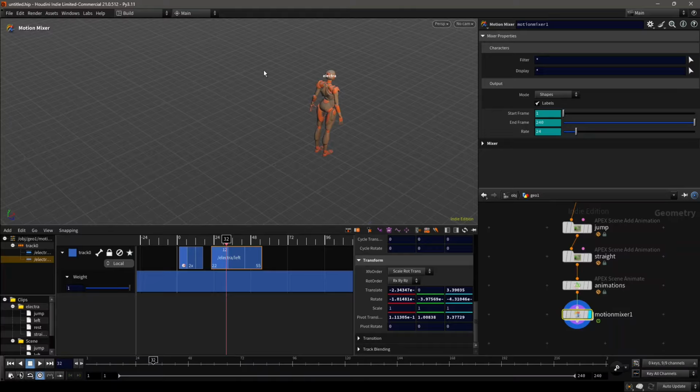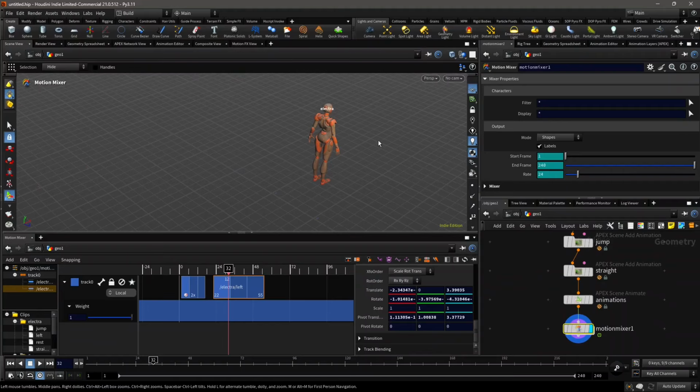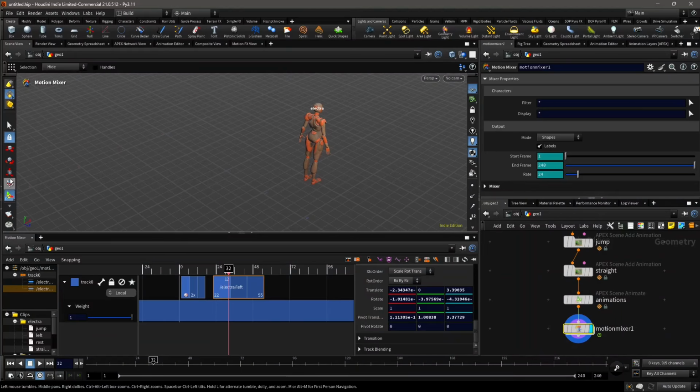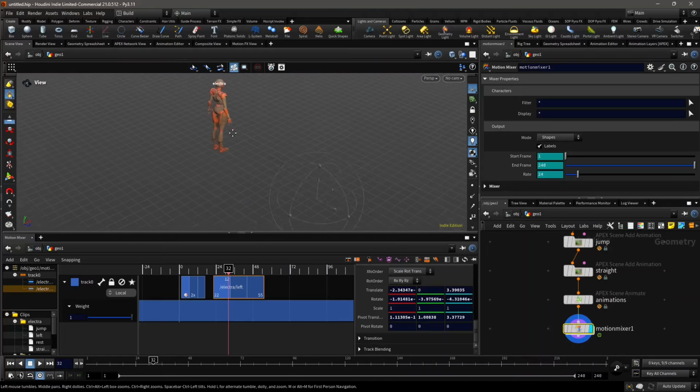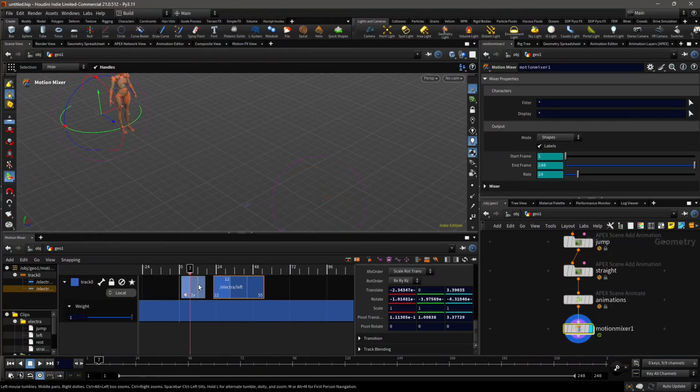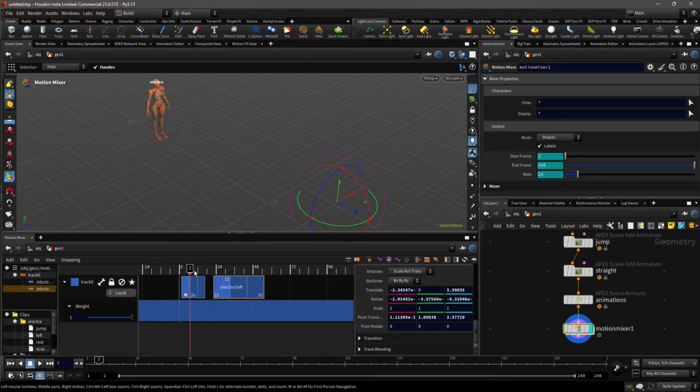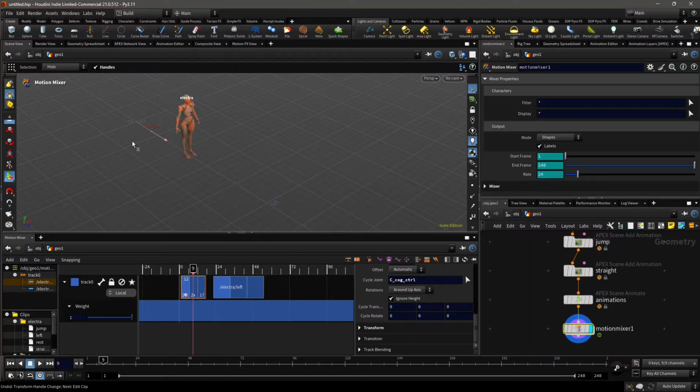So if we go back to the stowbars mode, you will see that when you have the show handle option enabled by pressing enter in the operation controls, we have an option to visualize the handle. If you enable that, you will see that we have got a handle for this. For example, we can select this one or this one, and it will show the handle for that clip from where it starts. And if you move it, or if you move it for this straight one, you will see that